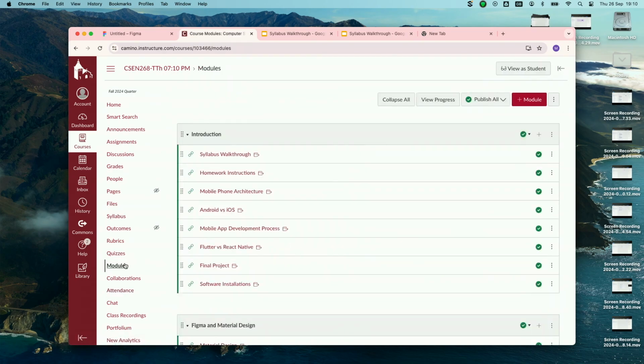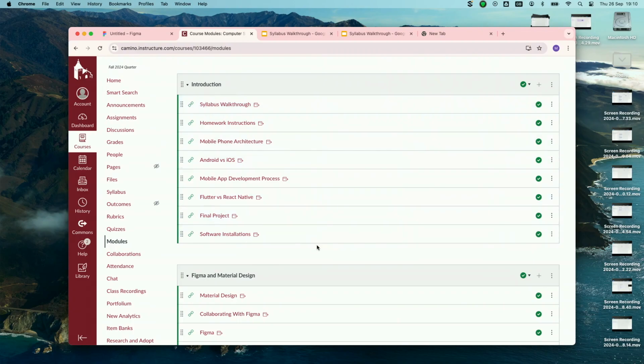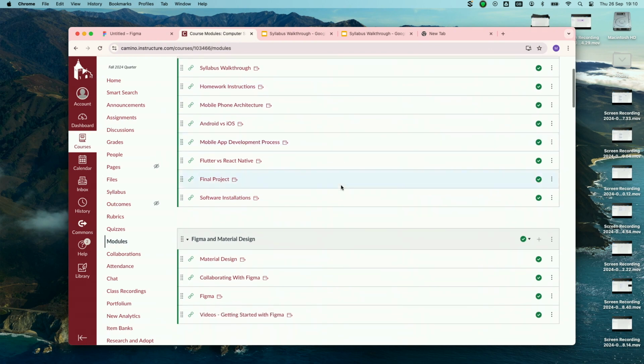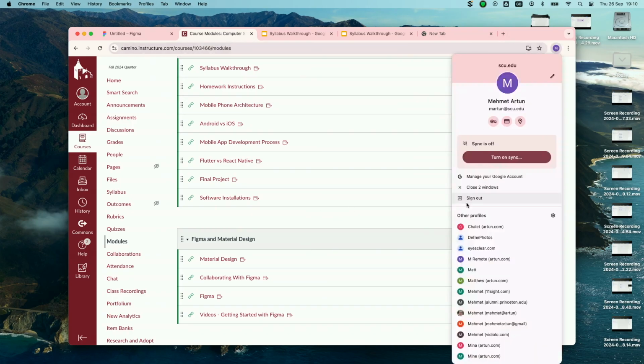So all this stuff, even though it looks like a lot, was more words than real subject, just to give you an idea in that sort of introduction module. What I've done is I've created a Figma material design module, which we're gonna zoom through today. But what I've also done, which is for your benefit,